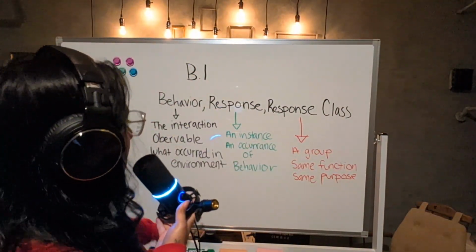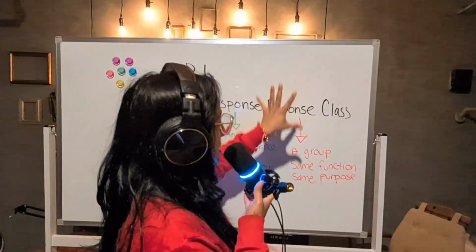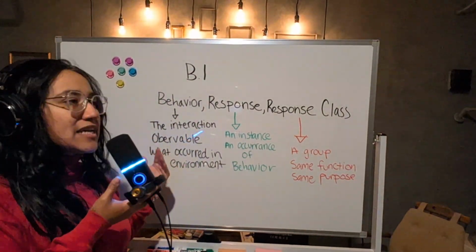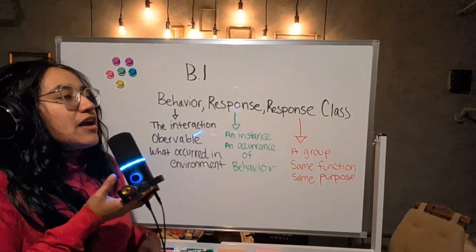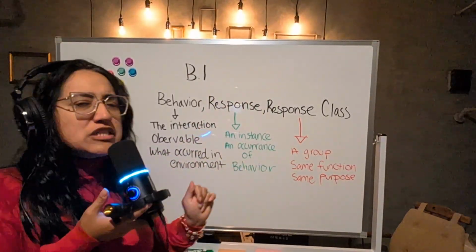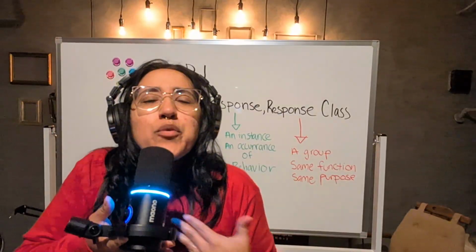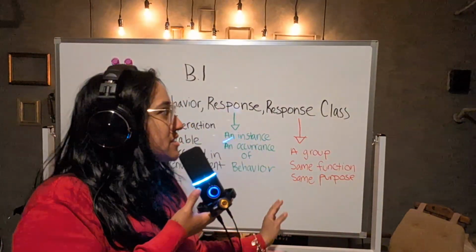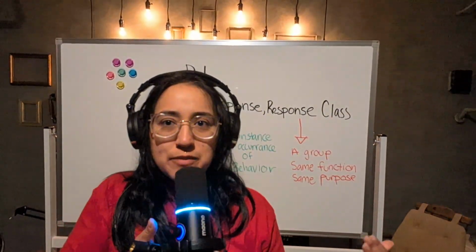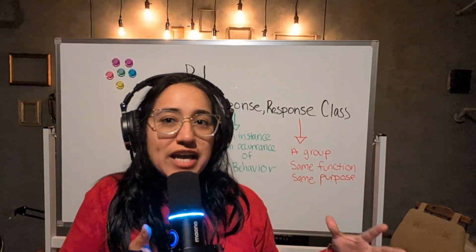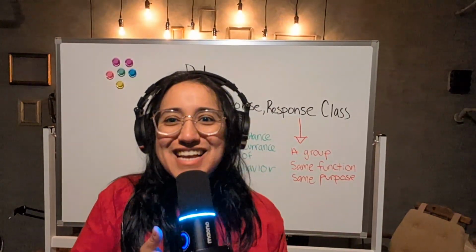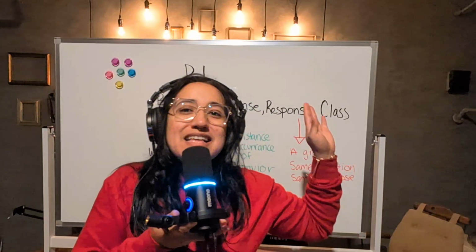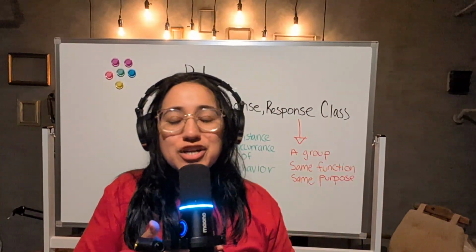Here is the behavior, a response, and the response class. If you have a question that has anything to do with behavior, let's identify it. Is it observable? It happened in the environment. If you have a question under a response, it's talking about an occurrence, an instance. What were they responding to when the stimuli became present? This helps us understand different ways someone may be responding. It also helps us show them other ways to respond as well, to generalize. The only way to say hi is not just waving. There's various ways.